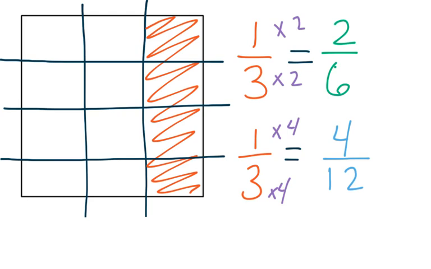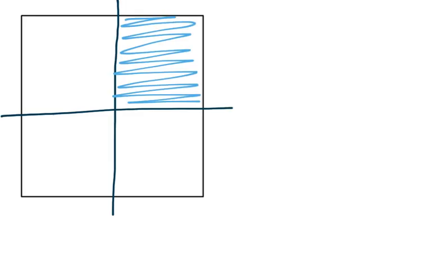Let's see if this holds true for a different shape that we're going to cut a little bit differently. So here I have a square again, but instead of just cutting it into 2 pieces, I'm actually going to split this square into 4 equal pieces. So I've split my square into 4 pieces, and I've shaded one side. So we can all look at this and agree that this is 1/4,